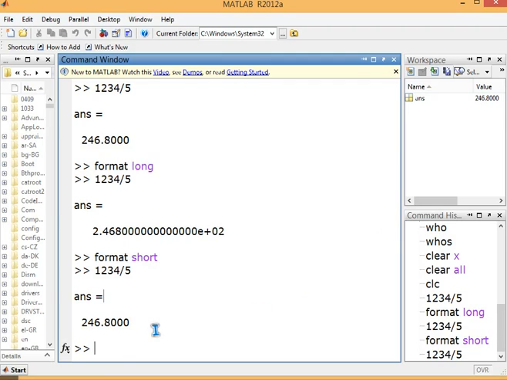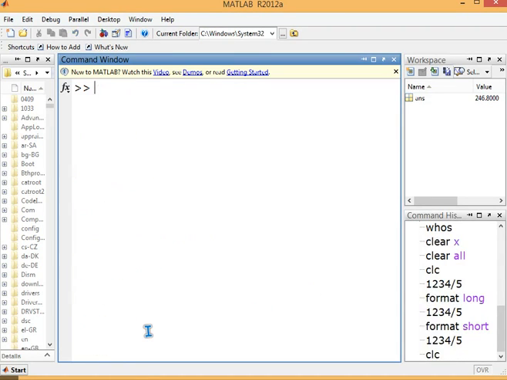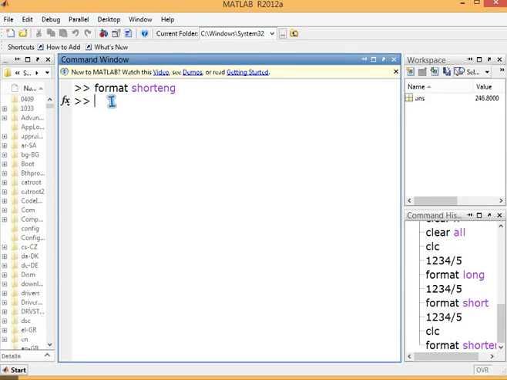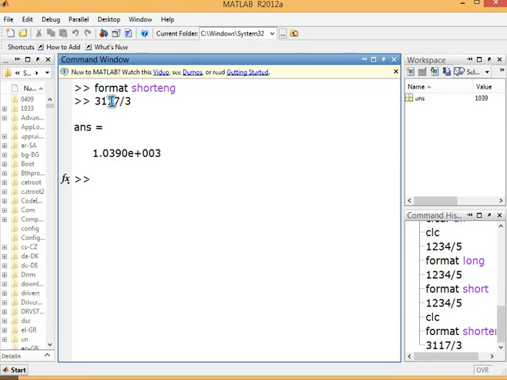Now, being scientific software, we have other options also, like format short ENG. This is for engineering. Okay, now the format has been changed. Let's find out what we get if we divide this value with this. So we have an engineering output, meaning for us to understand, for researchers to understand, for engineering people to understand. And if I multiply this by, say, 7,000, then also the result will be something like this only.